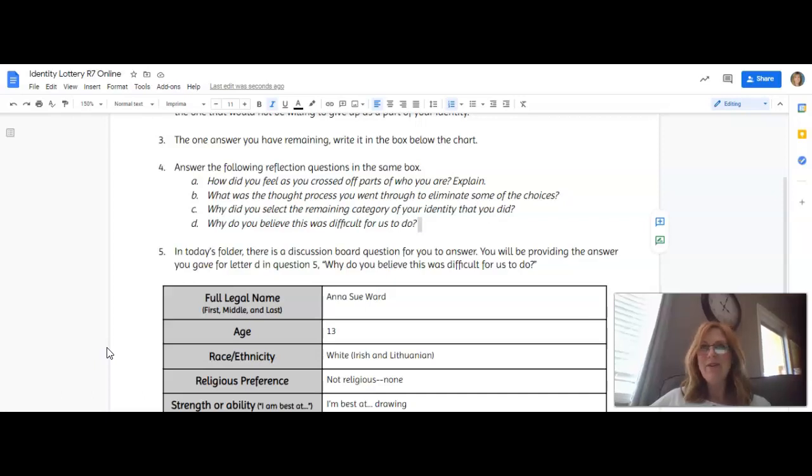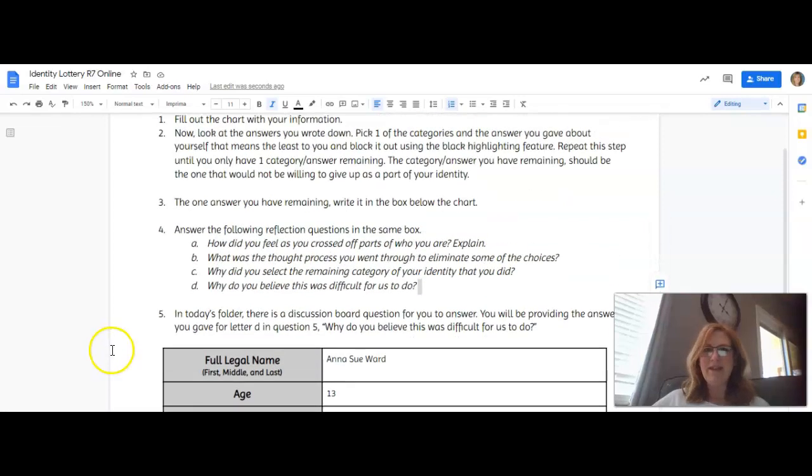During this unit, we're going to be doing some activities, reading and writing, all about what identity means, what the different parts of our identity are, which are the most important, and what that means for who we are as a person, as well as other people. So how can we understand other people better by who they believe they are?